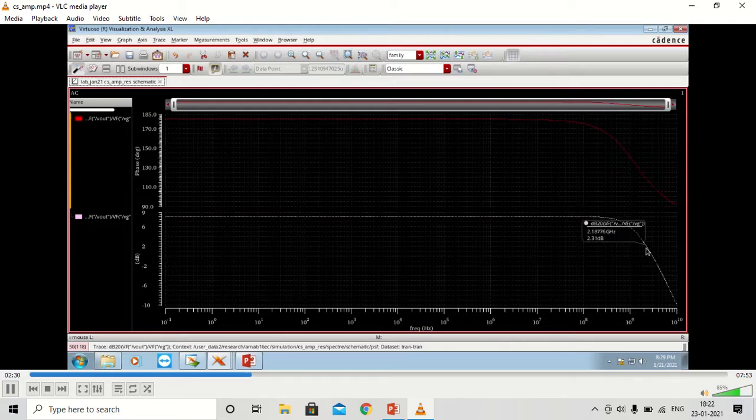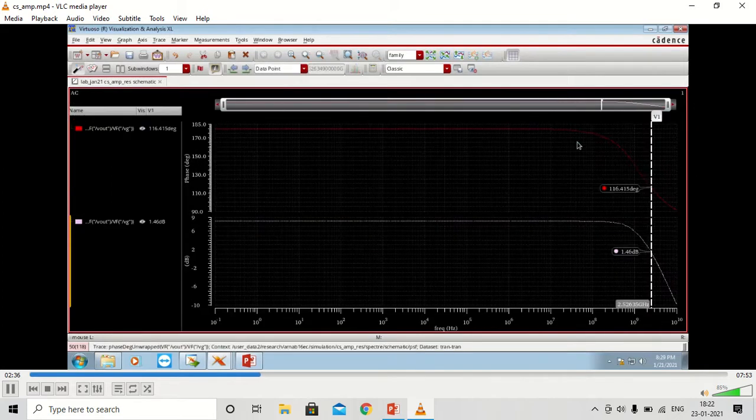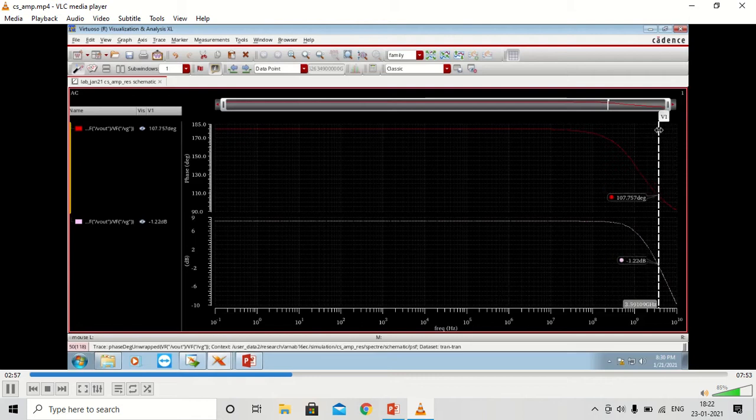So you can measure the phase margin. Wherever the gain crosses the 0 mark, from that point you note down the phase difference, and 180 minus the phase difference will be our phase margin. In this case the initial phase is around 180 degrees and we have a phase drop of close to 64 degrees. So our phase margin is close to, let's say, 110 degrees. Since it's a single pole system, it is always going to be greater than 90 degrees.